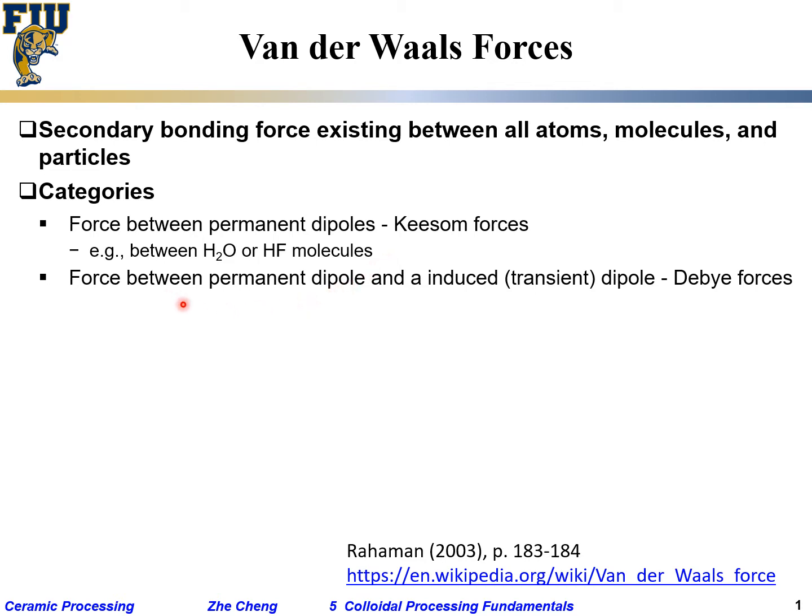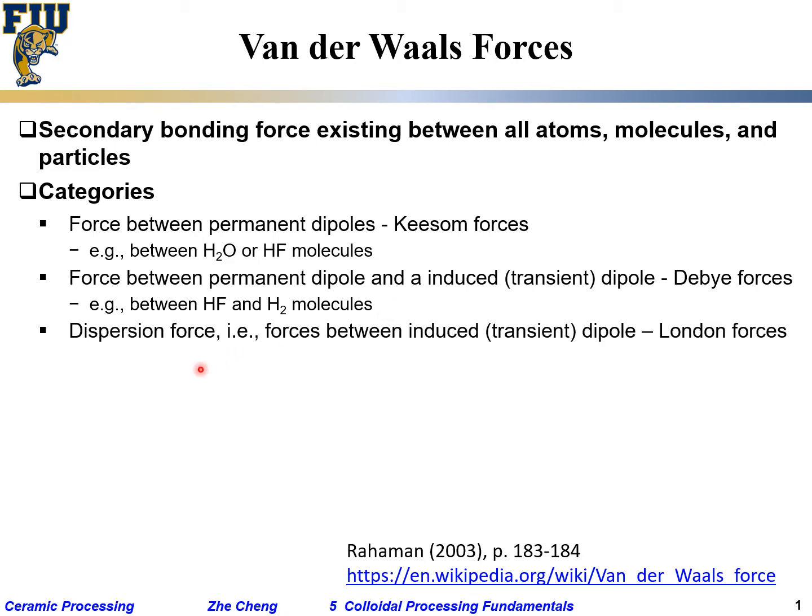The force between a permanent dipole and an induced dipole is what people call the Debye force. For example, between HF and hydrogen molecules, right? Hydrogen is symmetric. The two atoms can only covalently share electrons. There's no clear dipole moment within it. HF clearly has one. Between these two, they would have the Debye force. Weaker than Keesom, but stronger than the other one, which is the so-called dispersion force between completely transient dipoles, between London